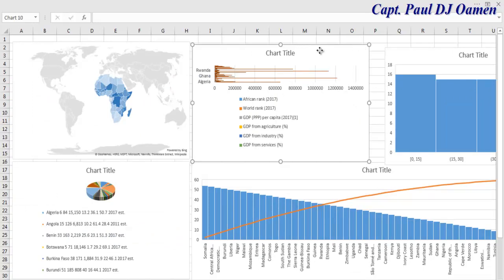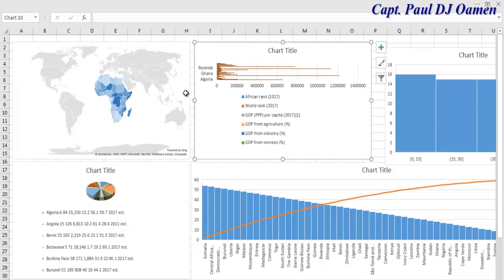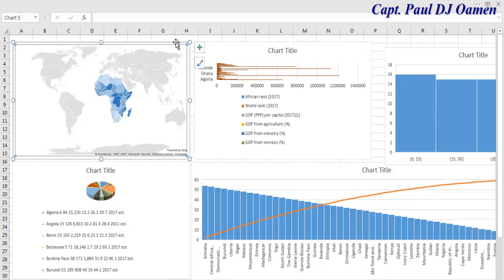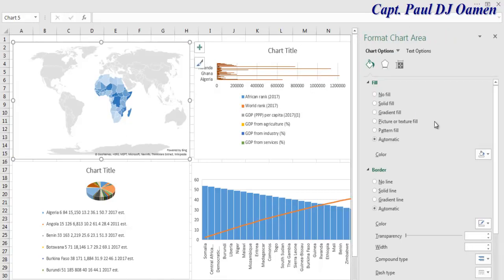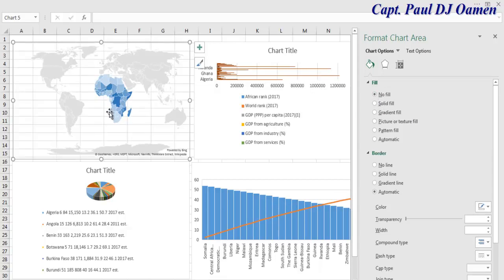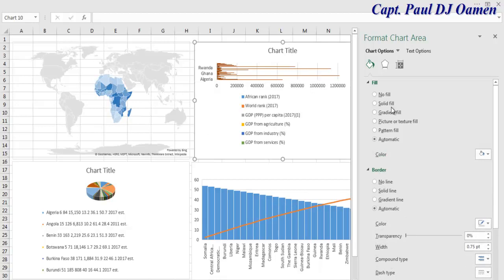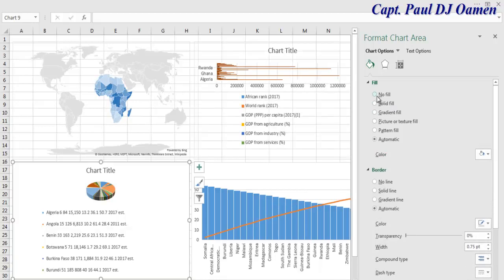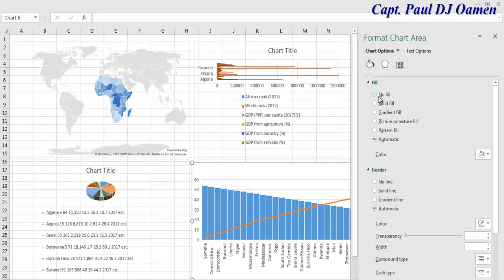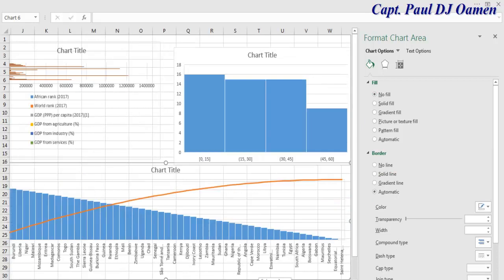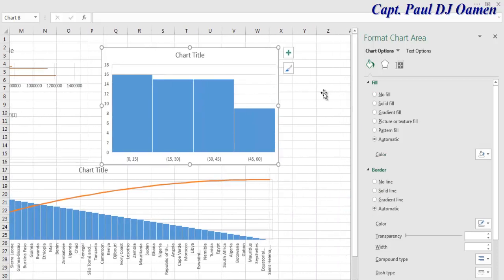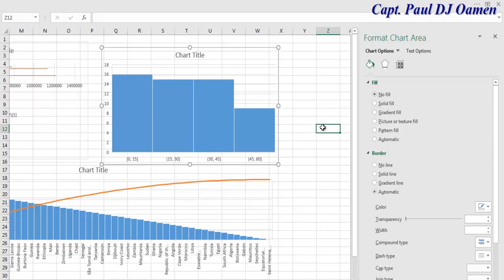so what I'm going to also do is select each individual chart and get rid of the background. Okay, double click, and here where we have Fill, get rid of the background there. You see that is gone. Repeat the same thing for this. Get rid of that, get rid of this, and at the same time I'm going to get rid of these